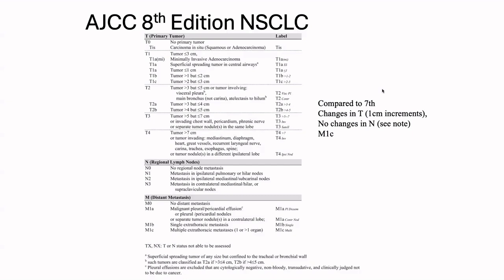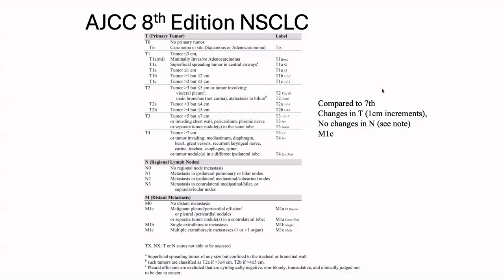To briefly go over staging, I don't think that there have been any large changes as compared to the prior 7th edition. We use the AJCC staging, and the size criteria is of primary importance: from 1 to 3 for the T1s, then 3 to 5, 5 to 7, and over 7. Invasion and presence of